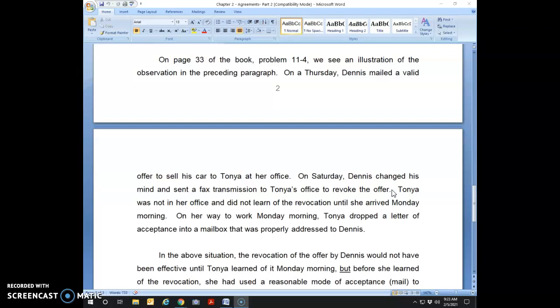She's a young lawyer who doesn't like to work on the weekends, I suspect. And so what happens is she never sees the fax transmission, and on her way to work Monday, she drops a letter of acceptance into the mailbox. And when she drops that letter of acceptance into the mailbox, the offer has been accepted, and that's how that case has worked out. If you're still a little puzzled by this, after you think it through, just send me